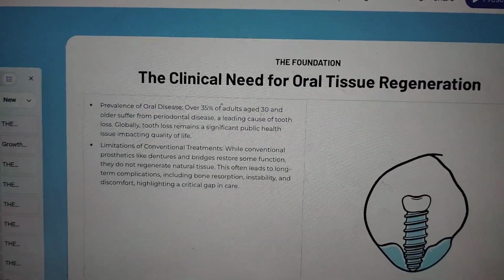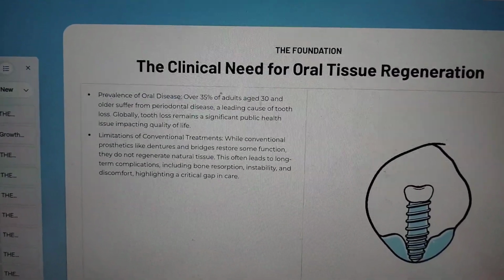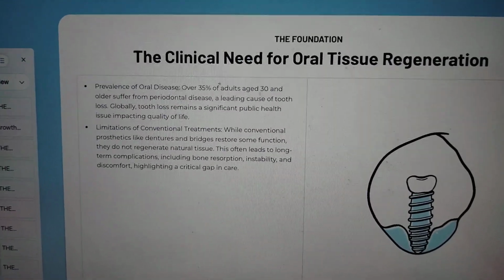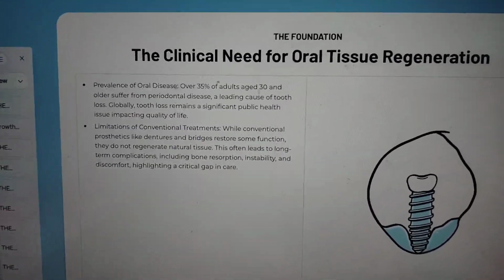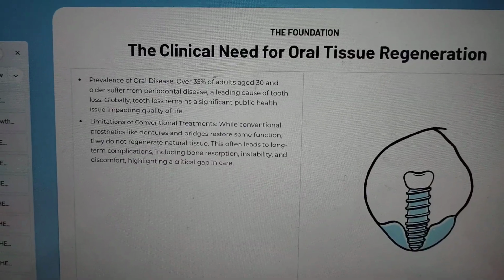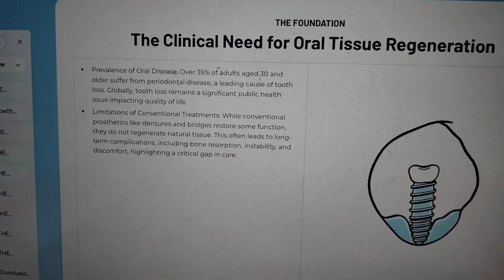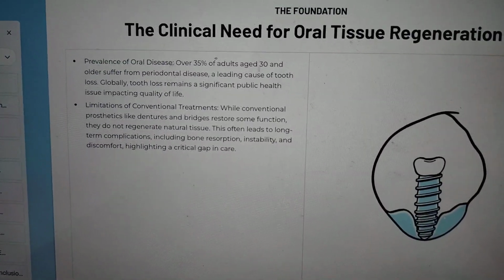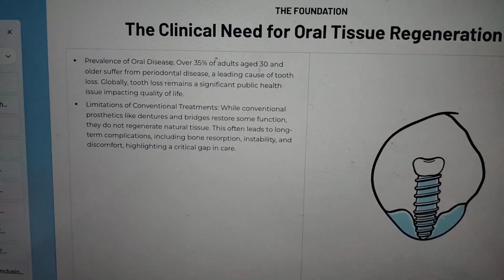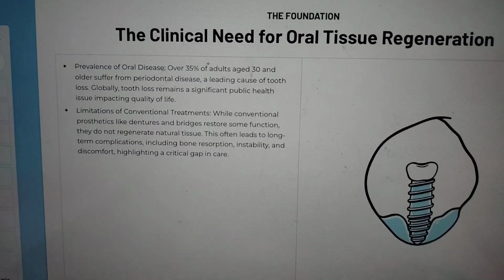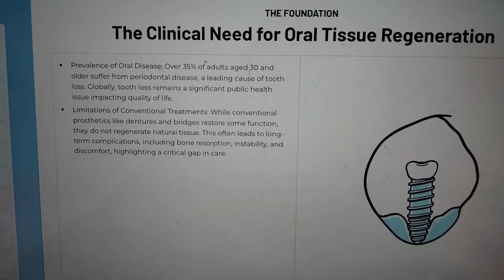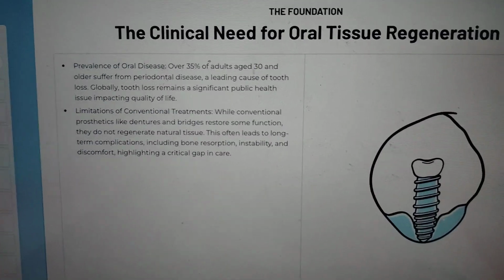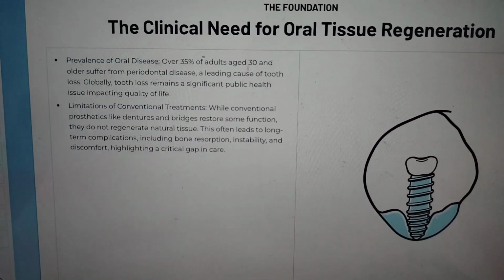Prevalence of oral diseases: over 35% of adults aged 30 and older suffer from periodontal disease, a leading cause of tooth loss. Globally, tooth loss remains a significant public health issue, impacting quality of life. Limitations of conventional treatments: while conventional prosthetics like dentures and bridges restore some function, they do not regenerate natural tissue. This often leads to long term complications, including bone resorption, instability, discomfort, highlighting a critical gap in the care provided